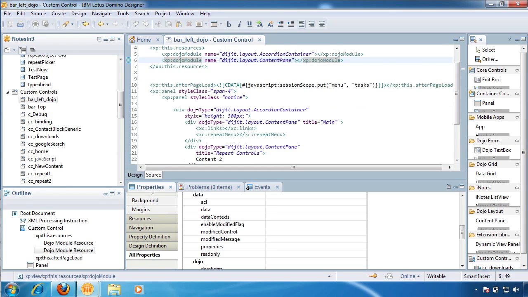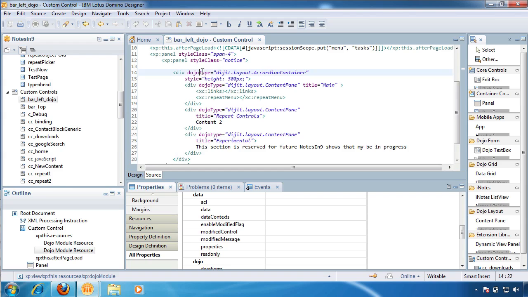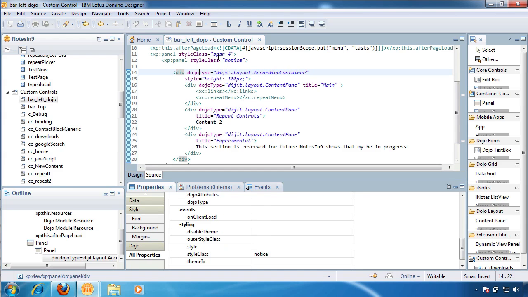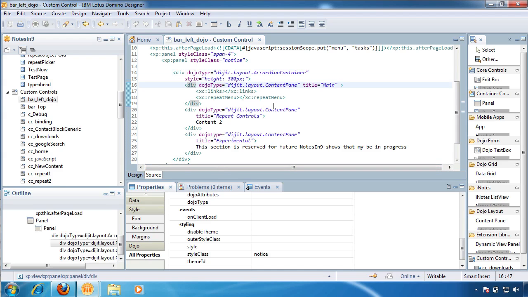And then we get down into the Dojo type div. Now I've got this inside some Blueprint styling, just to make it work well with Blueprint. Again, there's a lot of nesting that goes on with XPages and I guess websites in general. So here's our dijit.layout.AccordionContainer div, and everything inside it then are these content panes. And you can see the titles for the content panes. And in this case here, I've got actually two